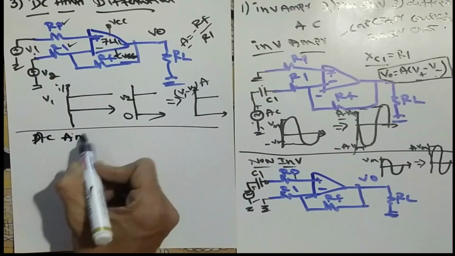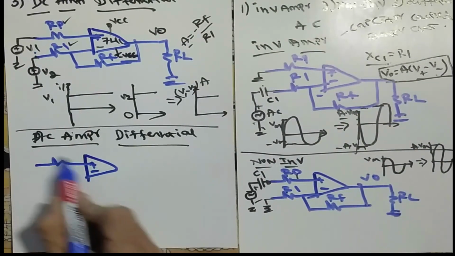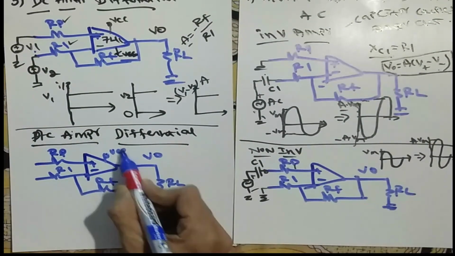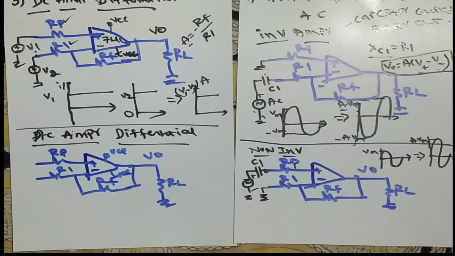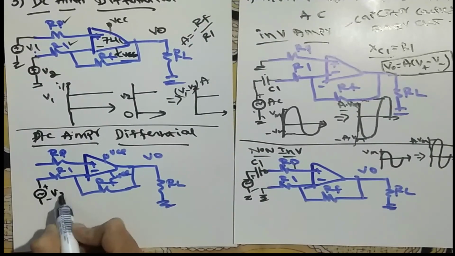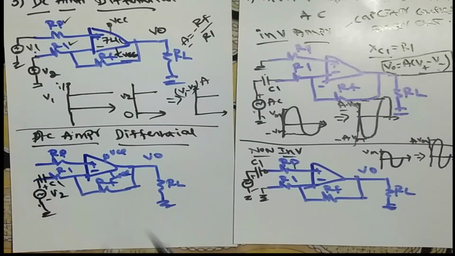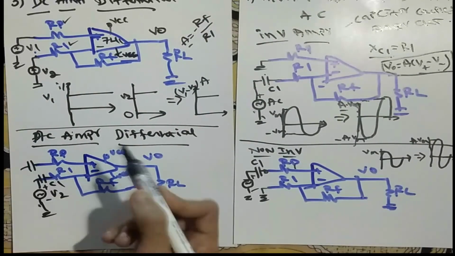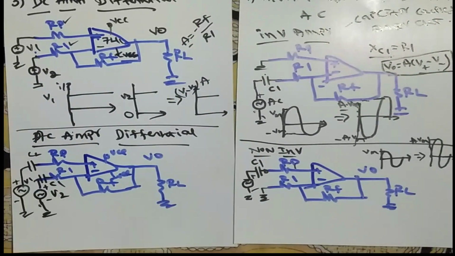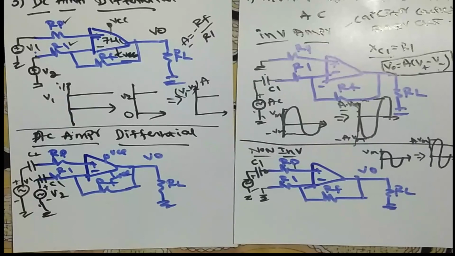In a similar way we will go with the AC amplifier differential circuit. First write the usual template: positive, negative, RP, R1 and RF, and RL is equal to ground. This is V0. You can add VCC, VEE. Nothing changes, except here we are giving an AC signal. So give it an AC symbol, plus minus. Name it V. And here we are using one capacitor as a coupling, you can call it C1. Similarly, use one more capacitor here, you can call it C1 or C2. Then one more voltage, ground it and call it V1. So these are the changes compared to the DC amplifier, and the AC amplifier we already discussed.